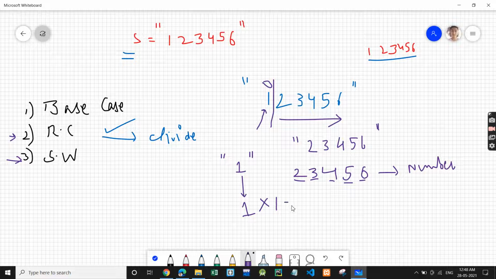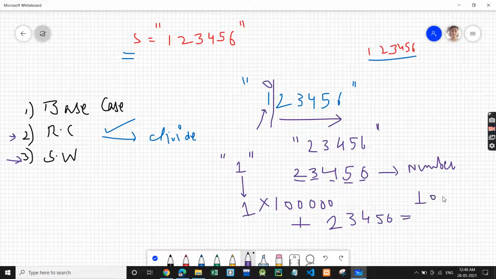So we multiply 1 by 1 lakh, like 5 zeros, and then add whatever recursion has returned to us, 2 3 4 5 6. This will give us 1 2 3 4 5 6, which is the output.